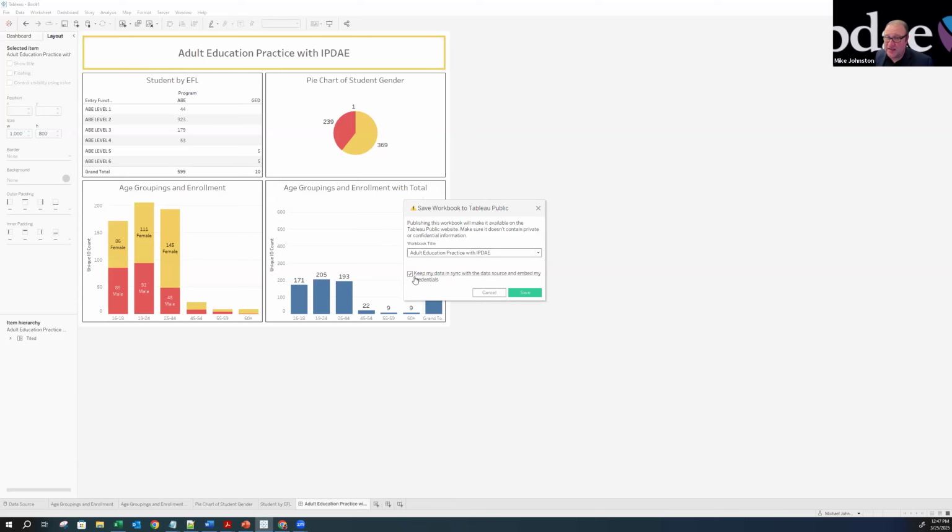so it will update if you update the data in your Google Drive. Again, that's the same for OneDrive or Power BI or SharePoint. You can say update this, and it will update probably about every 14 to 15 minutes. So if there's a change to the data, it will pick it up, and where this is published, it will update. Or you can unclick it and say, no, I don't want you to do any updating. I don't want to put my credentials in there, and you pull back. I'm just going to click okay, let's update this, and let's see what happens if I change things naturally.